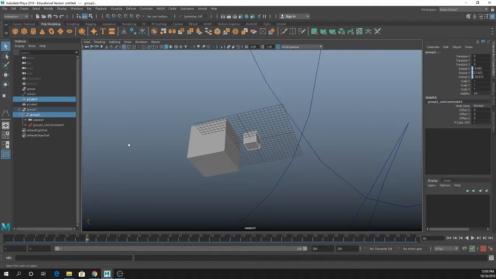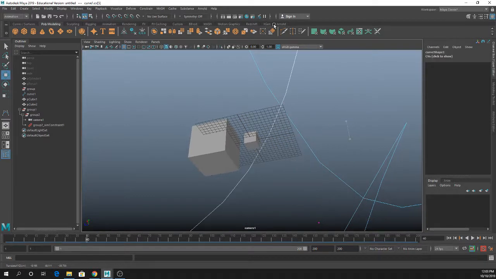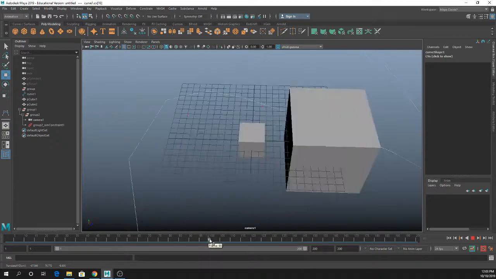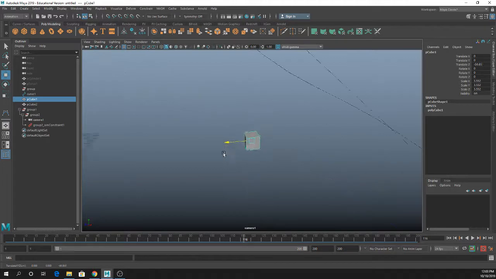And the beauty of this particular setup is, if I wanted to change the curve while I'm in the camera on the curve, this is going to be weird. But this is set up in a way where no matter what I do to this curve, or where I move that cube, the camera is always going to stay on that curve path looking at that cube. So it's a fairly modular way to animate a camera,